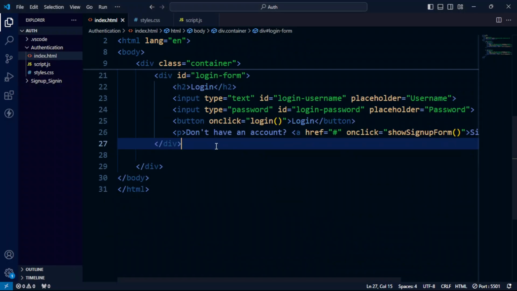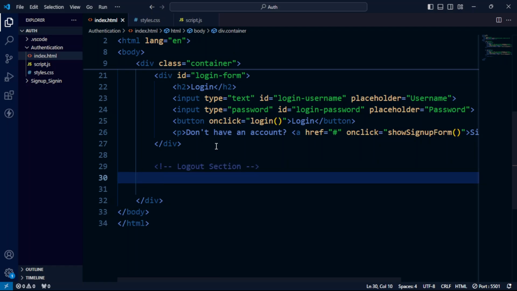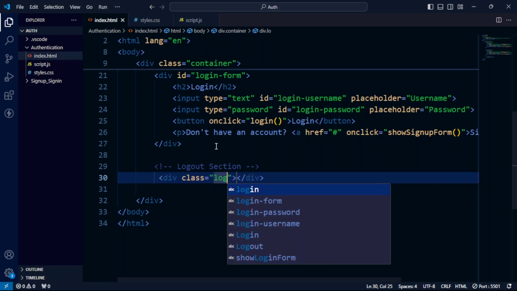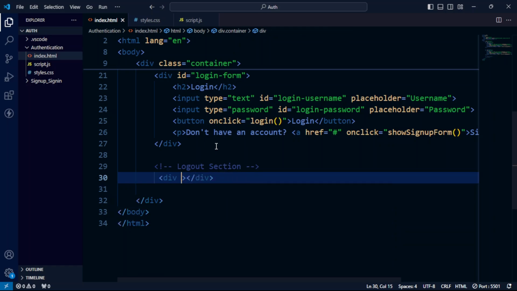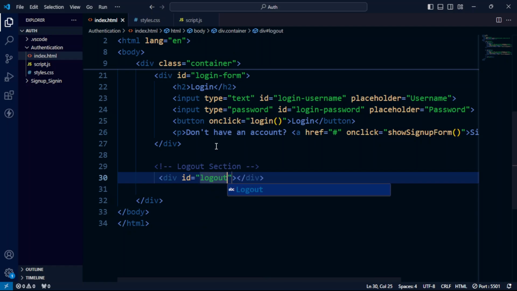So finally, we need a logout section. In the logout section, we're just going to create a logout. Let me make an ID, as I said, just an ID. So I'm going to make this a logout section,